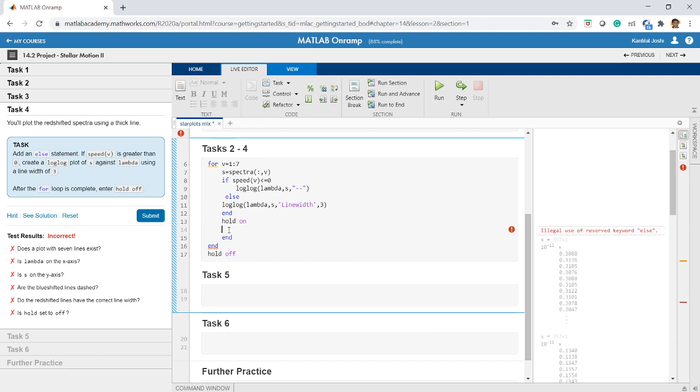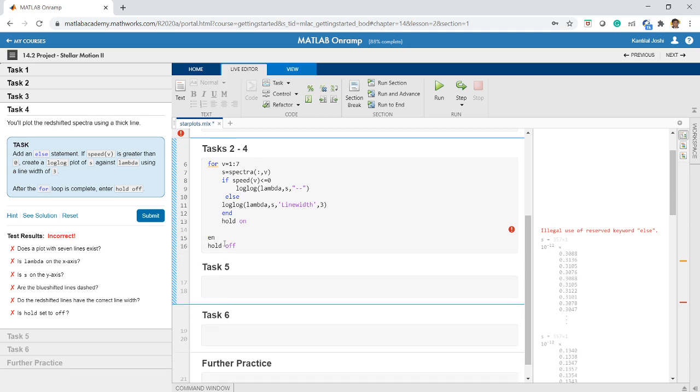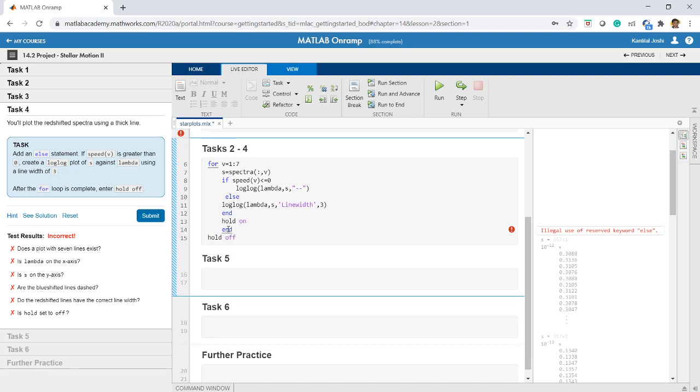Okay, and after hold on, this end is not required. This end is required for the for loop. So if, else, end, and then hold on. After the for loop is over, I'll hold off. Okay. So I hope that everything is done now. Let us check this.